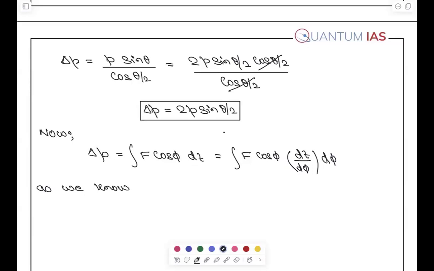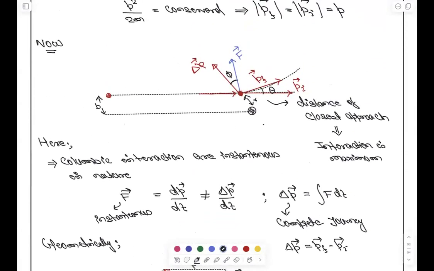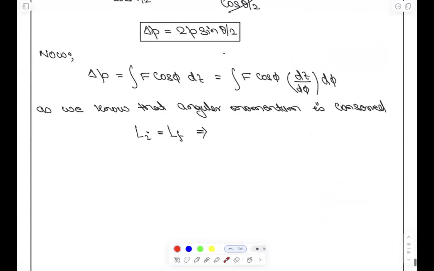As we know that angular momentum is conserved, can I write that Li is equal to Lf? Now what is Li? एंगुलर मोमेंटम का बेसिक सबको पता है। अगर इसकी मास m है और ये v से जा रहा है, तो कहां से देख रहे हैं? इस पॉइंट से हम लोग देख रहे हैं एंगुलर मोमेंटम, राइट? वी आर सिटिंग हियर ना, टारगेट पे बैठ के सब कुछ देख रहे हैं। तो व्हाट विल बी एंगुलर मोमेंटम? क्या लिखते हैं हम लोग उसको? एम वी बी, यस और नो? अरे यही तो लिखते हैं, पता नहीं था तुम लोग को यार एम वी आर वाला कॉन्सेप्ट। Yes sir. तो इट इज एम वी बी